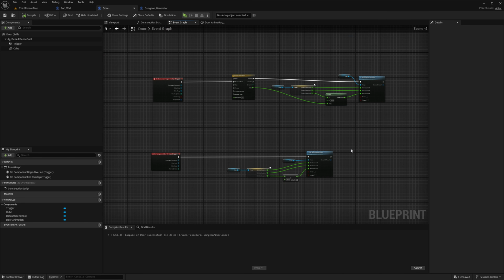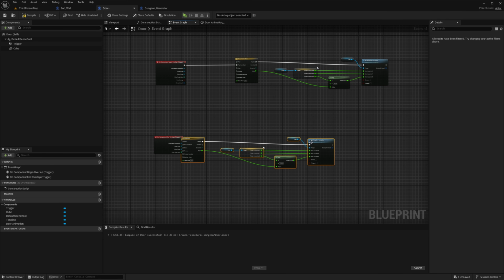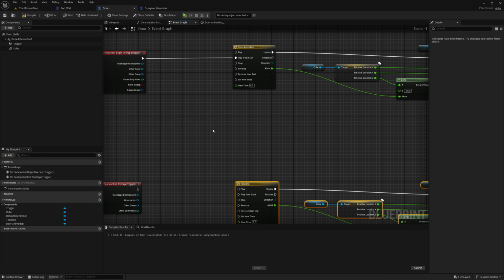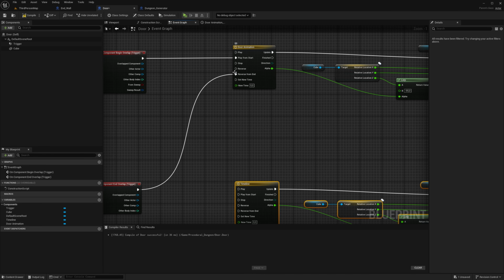So I think the easiest thing is to just delete this, copy this, Control C, Control V, and plug it in. Again, the thing is, we should be able to plug this into reverse from end, which is the opposite of this one.